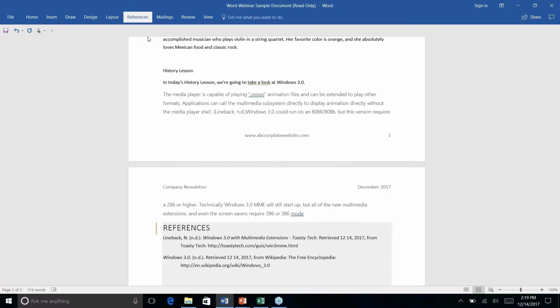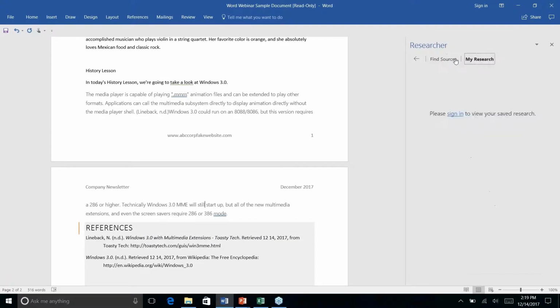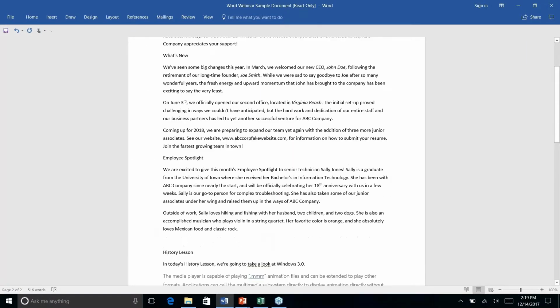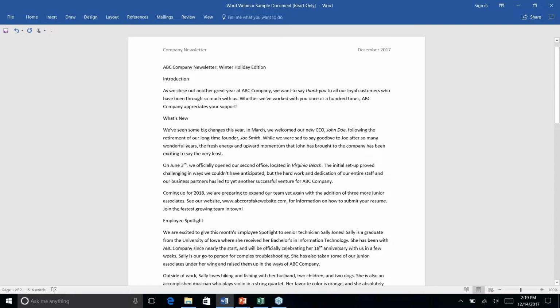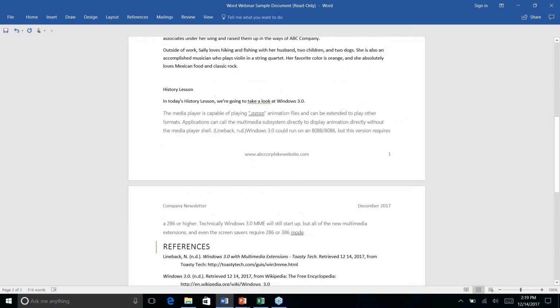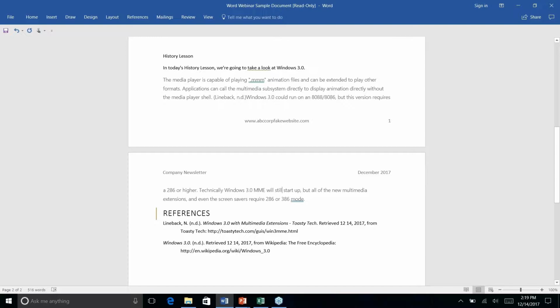If you need to go back into it, go back to Researcher, and you can even see My Research. You do have to log in to either your Outlook account or your Microsoft account to be able to view saved research, but once you do log in, you do have the option to bookmark research that you have used before. So that is extra handy, especially if you have sources that you really love, that you want to use often. And again, from a business standpoint, you may not need to necessarily do a whole bibliography or references, but